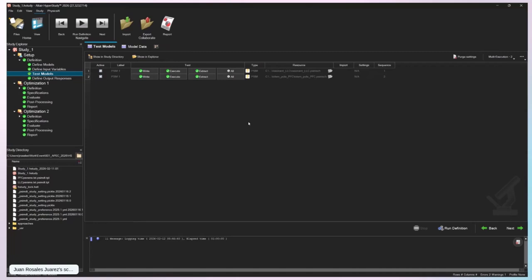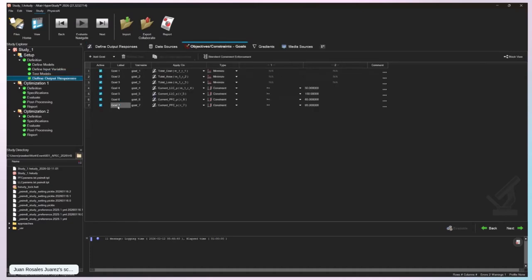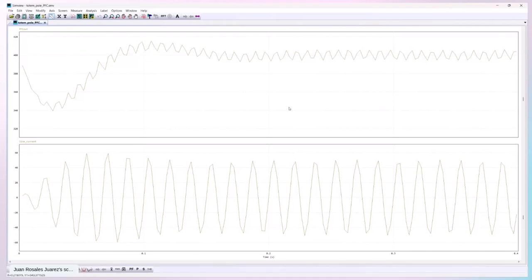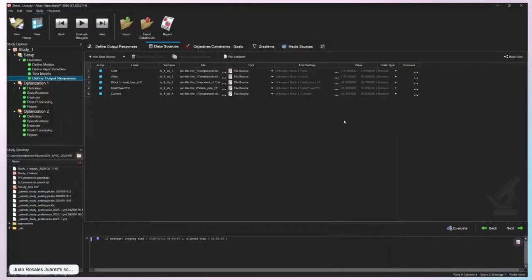What it does is copy everything, every asset, every simulation file. It puts it in another directory and it runs the simulation. And from that, we can get what we call output responses. So let's first talk about data sources. An output response is the output of the PSIM simulation, which is everything that we can see here in SimView, which is just a set of tables,